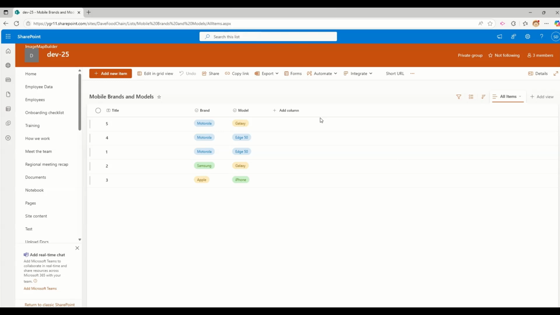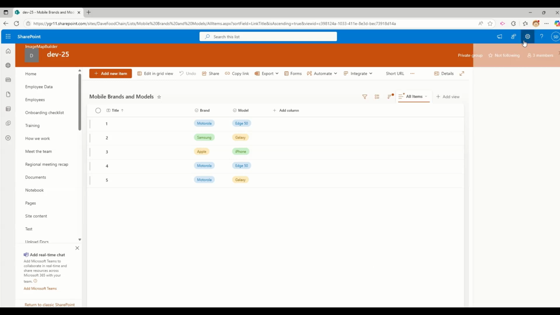So in this case, there is a chance of wrong data inputs from the user, and we cannot prevent it because there is no filtration available between the brand and models out of the box. So to overcome this, what we can do is create a new column that can be a metadata column. We can create it from here, or we can go into the site information